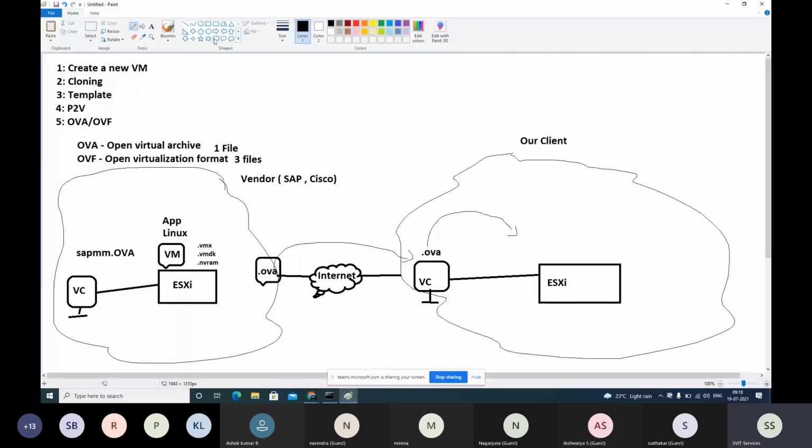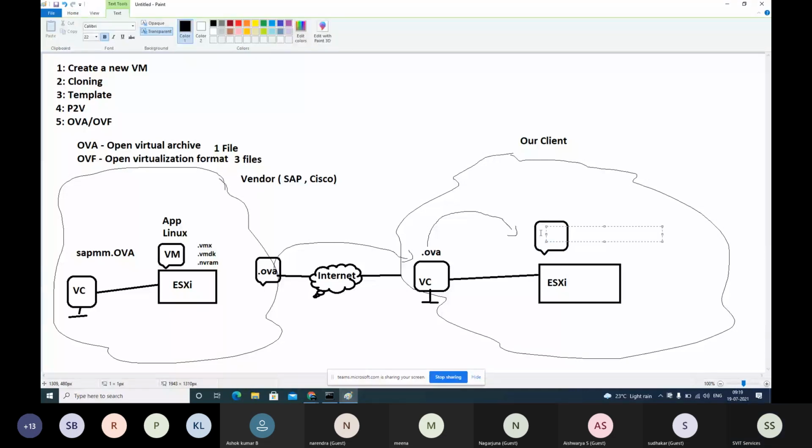Just import the OVA file into our ESXi, and a virtual machine will be automatically created here with whatever Linux operating system was installed and with the application. Again, all the files, .vmx, .vmdk, will be automatically created.